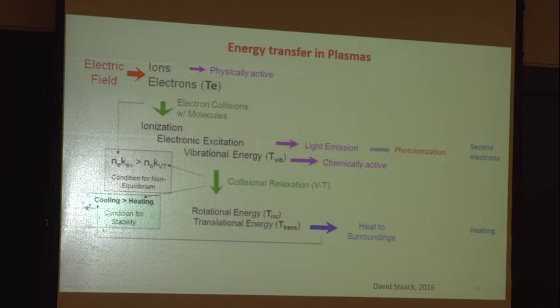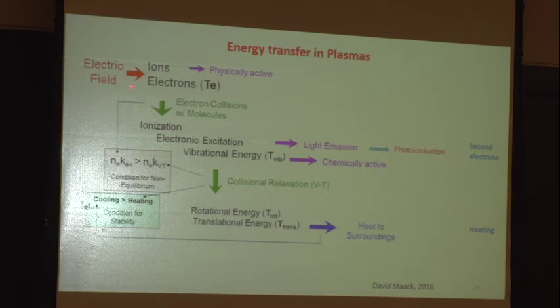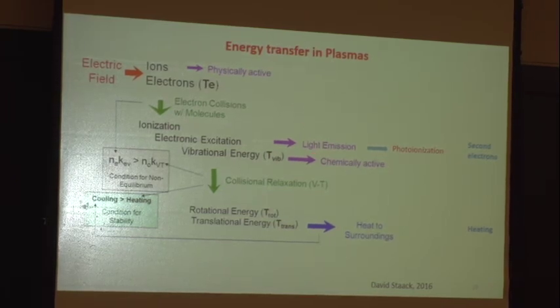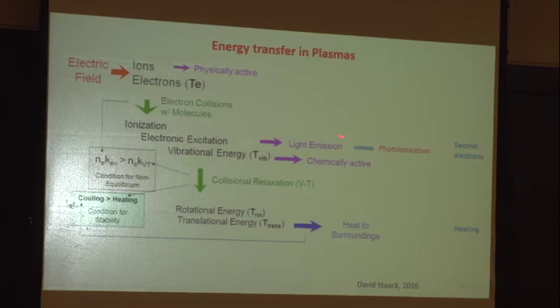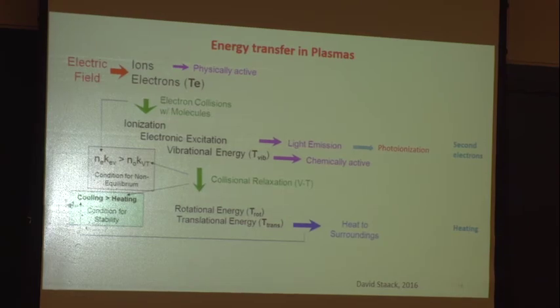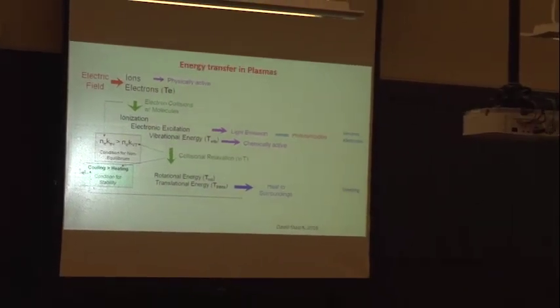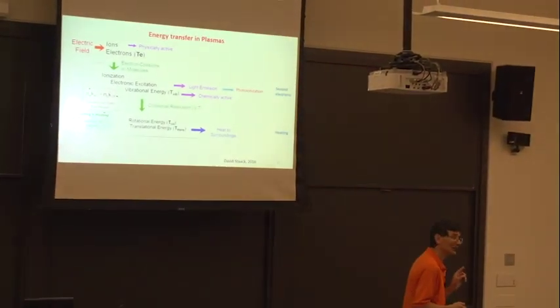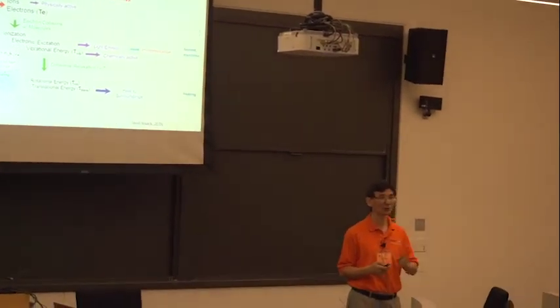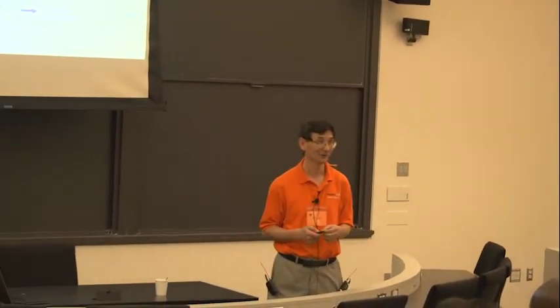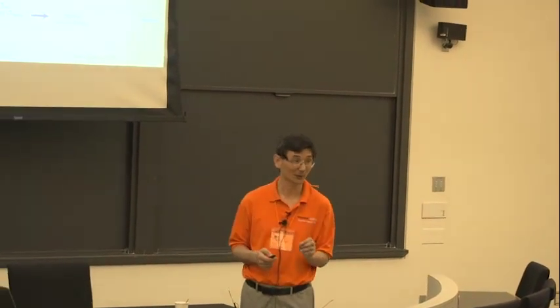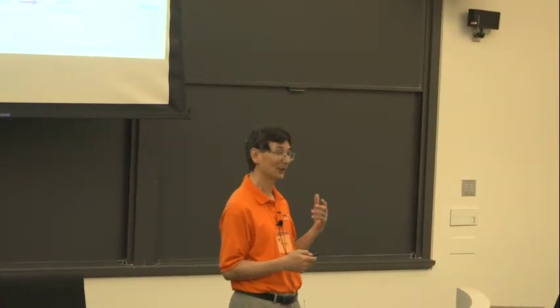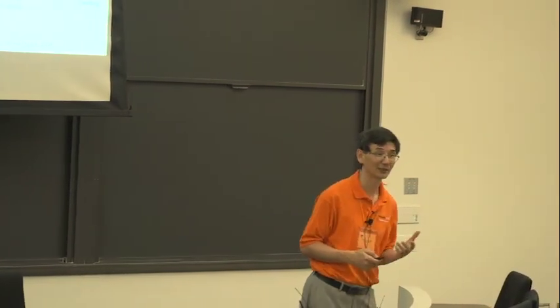That's a thermal plasma, right? So this is the process of how electron energy goes to non-equilibrium excitation, makes more new electrons, makes the mixture chemically active, and then in the end transfers to heat. So these are the physical processes of energy transfer. So the question is, in plasma-assisted combustion, what is the time scale of this? If this time scale is too slow, forget about it. You cannot control combustion. If this time scale is much faster than the combustion process, then we can say that plasma can play a potential role in governing combustion control.